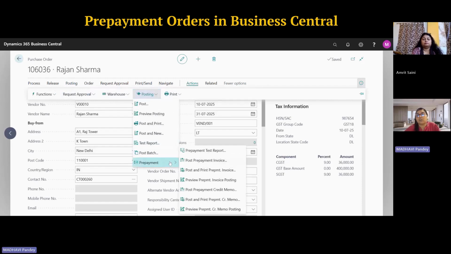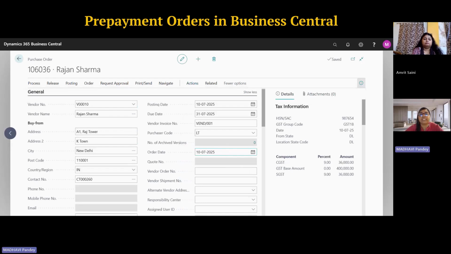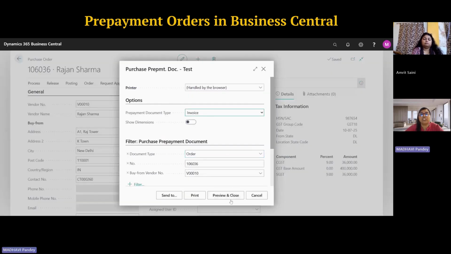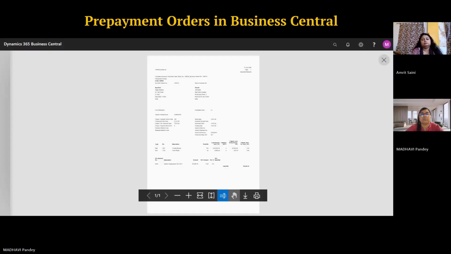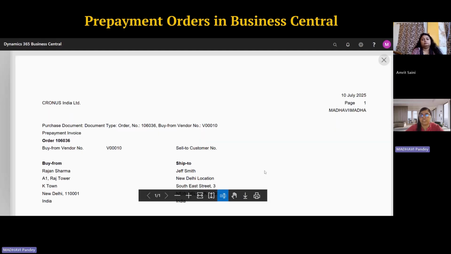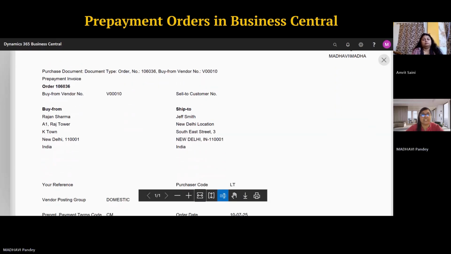Here we are going to check the prepayment test report, prepayment preview, prepayment invoice posting. First test report, next the prepayment preview posting. You need to just click on the preview. See, this is the test report we can generate